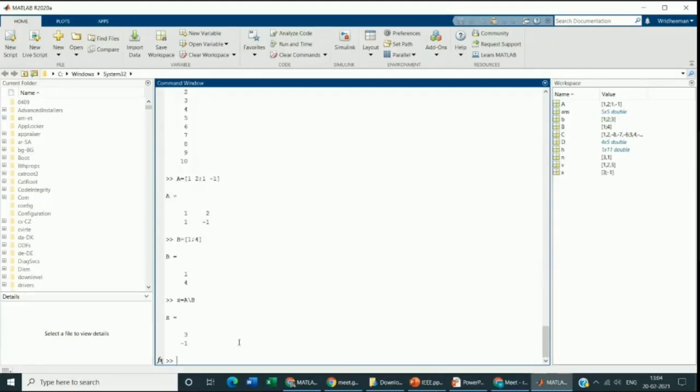So here you are getting the result for x equals A backslash B. As x is the column vector of a and b, we are getting the values of the unknown variables a and b. For a it is 3 and for b it is minus 1. So by typing this command in one line only, within a few seconds, you can find the solution for the system of linear equations.